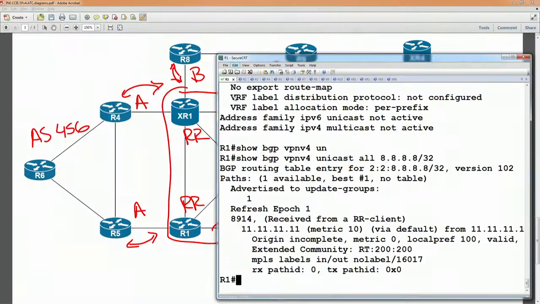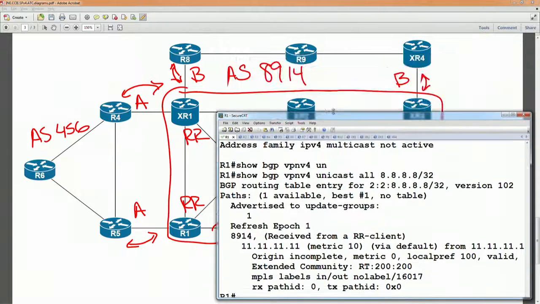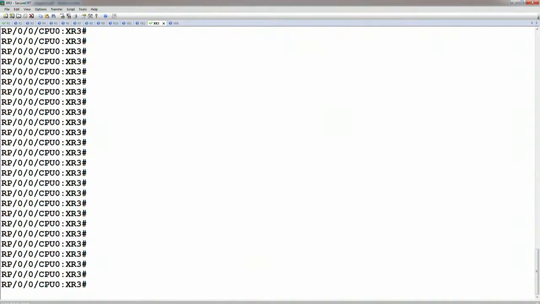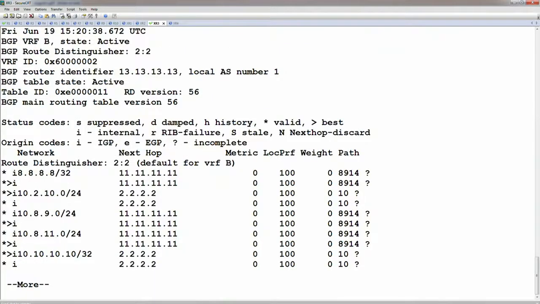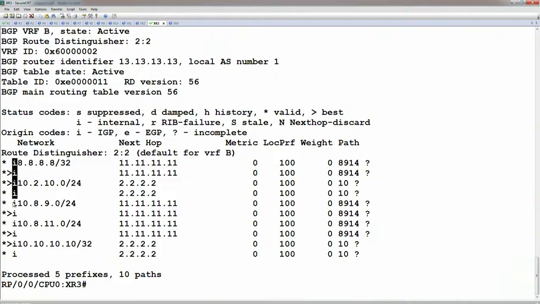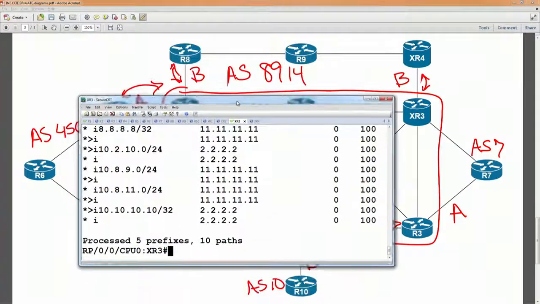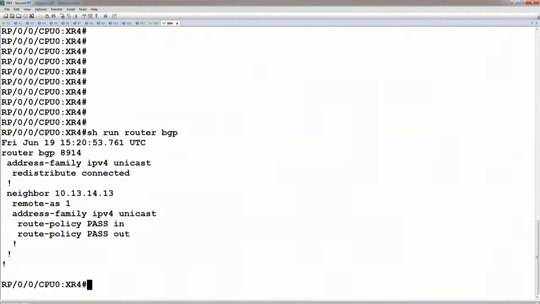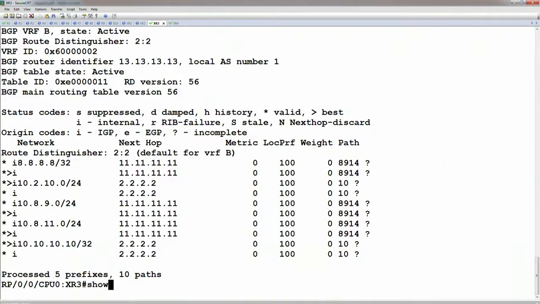Now, once the updates ultimately get to the provider edge routers, if we go over to XR3, we'll say show BGP VRF VRFB IPv4 unicast. We can see that we are receiving these routes from our internal BGP peers, and then we should also have an eBGP peering that's going to XR4. Okay, so on XR4, let's look at the show run router BGP. So we have the peering out to 13, and then from XR3's point of view, if we show run router BGP,